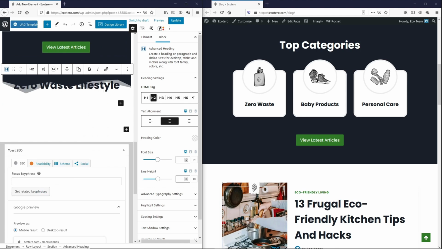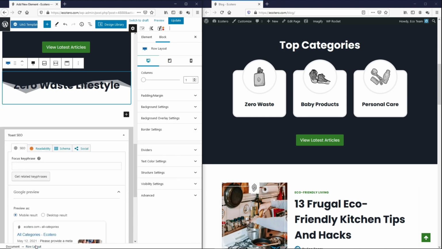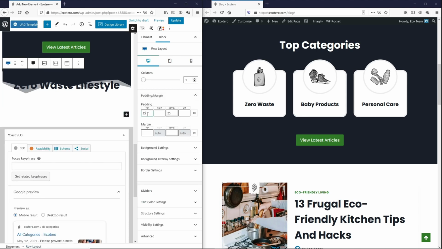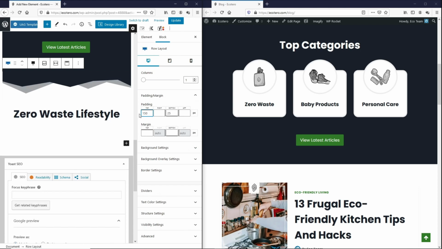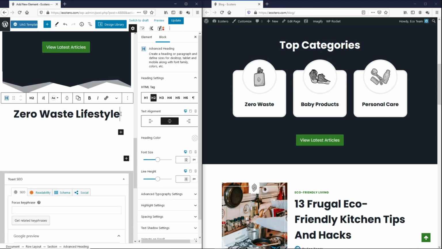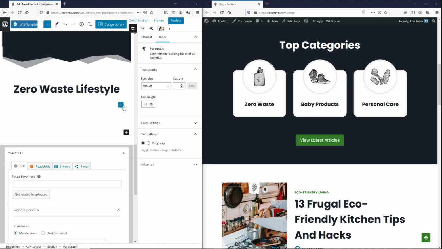So I want to add some top padding to this heading. I can either add the padding on this advanced heading layer, or I can select the row layout layer and go to padding and margin. At the top, I want to put this as maybe 150. Either way, it works. Next, let's click on this heading and hit enter so that we will go to a new line. Now let us add a block